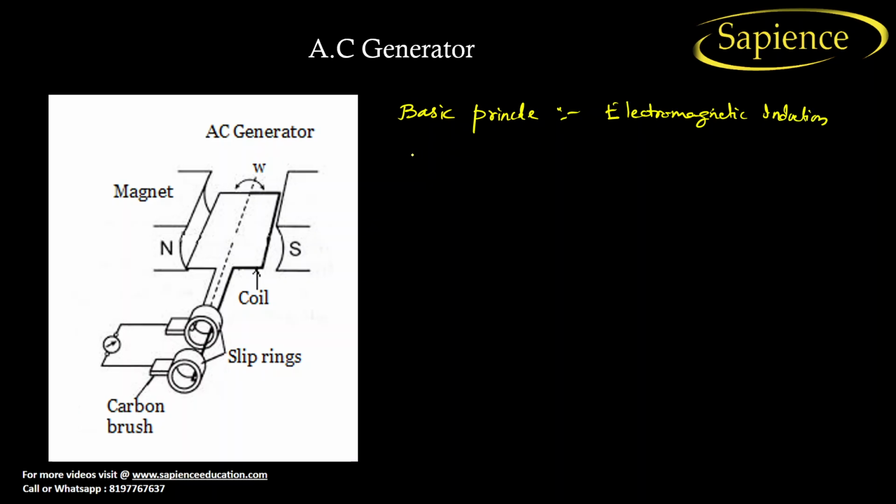Okay, so the parts: field magnet, or strong magnet. First part is your strong magnet. Second part is the armature. What we have talked about just now, this part is known as the armature. Now the third one is